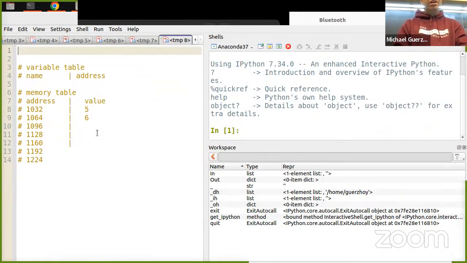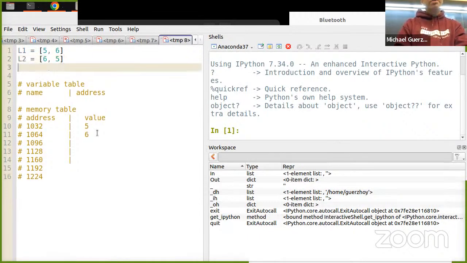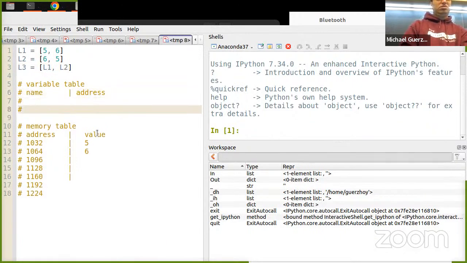L1 is 5, 6, and L2 is 6, 5, and L3 is L1, L2. So here, again, I need to create 5, 6 at 1032, at 1064.